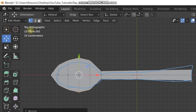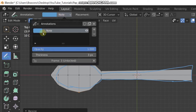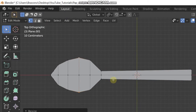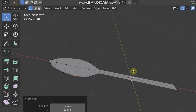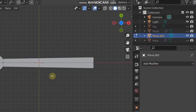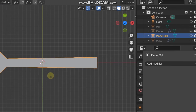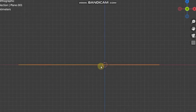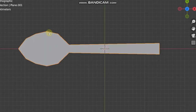Okay, so we're gonna add our annotation now. Just click the annotation tool and then click that add icon. So right now this phone is flat, and it's just a base shape. What you can do is give it some thickness so that we can see it in the front view. And then all these angles, we need to get rid of them,